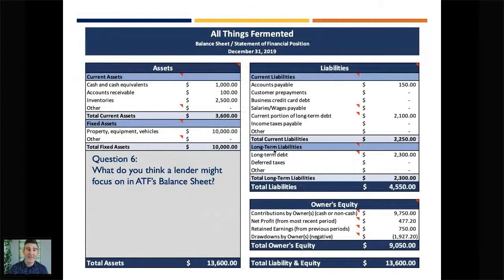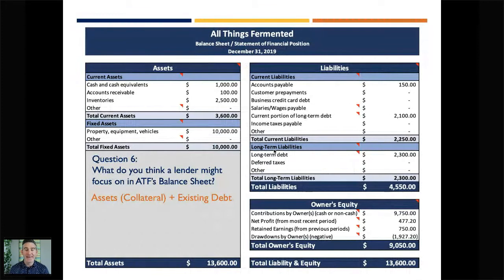So there's any number of things that a lender might look at, and I'll just go ahead and answer the question. The first and most basic thing is we would look at all of the assets and all of the liabilities. And so the assets, we're looking at whether these could be used as collateral. If you're not familiar with that term, that's basically when you take out a loan, collateral is what you're using to guarantee the loan. If you can't pay it off, you can give X, Y, Z as a backup for not being able to pay.